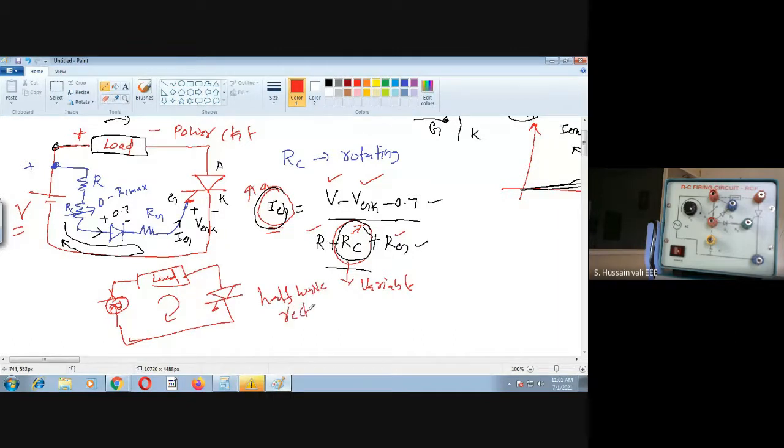It's a half wave rectifier. So what is the output voltage of a half wave rectifier? If you recall, you have Vm by 2 pi into (1 plus cos alpha), I think so. Just cross check yourself. This is the output voltage of the half wave rectifier, V load. By knowing the load voltage, we can find out the value of alpha also.